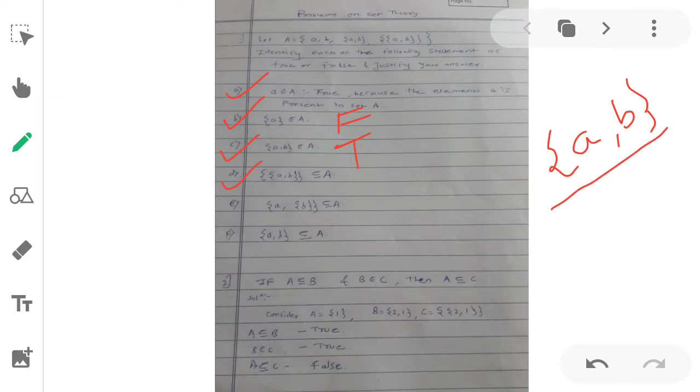I am showing {a, b} inside curly brackets. If we see the third element present in set A, you can cross-check that set A contains the set {a, b} as an element. So for problem d, the answer is true. We can write the justification also there.